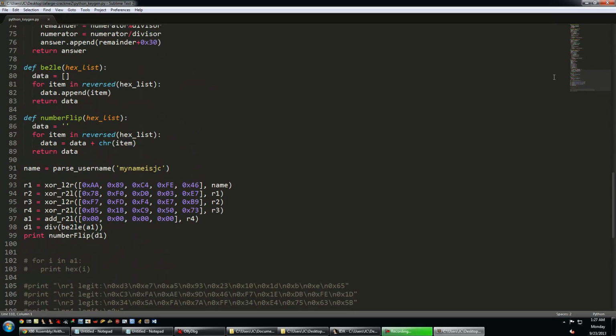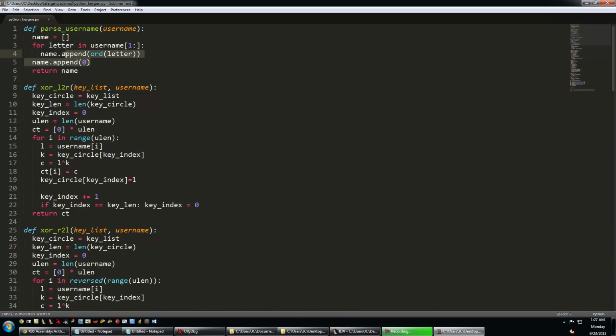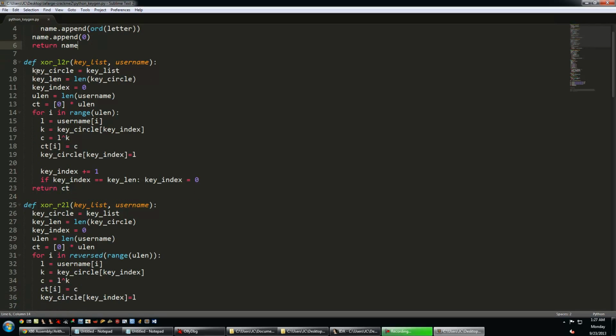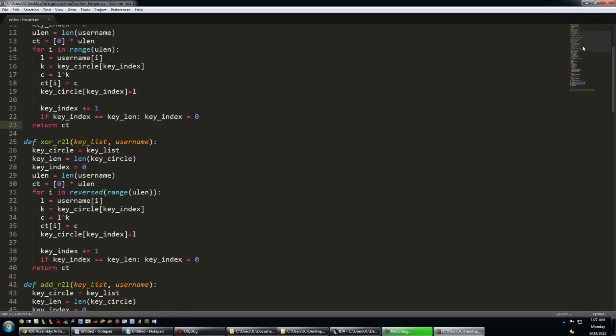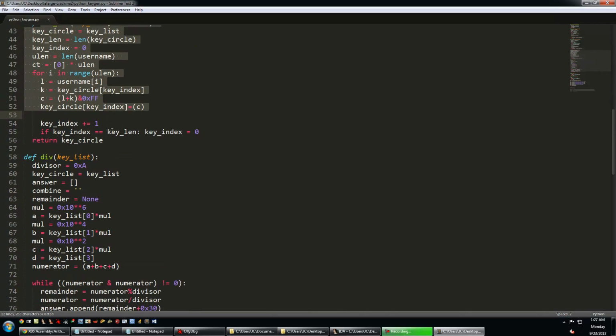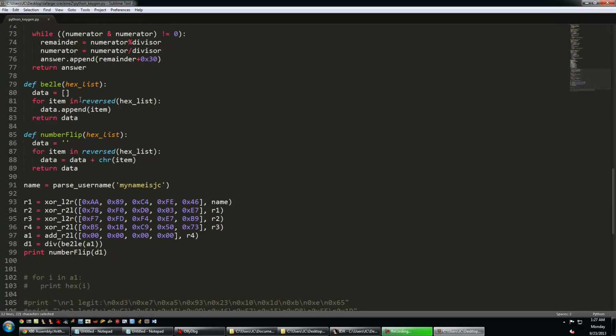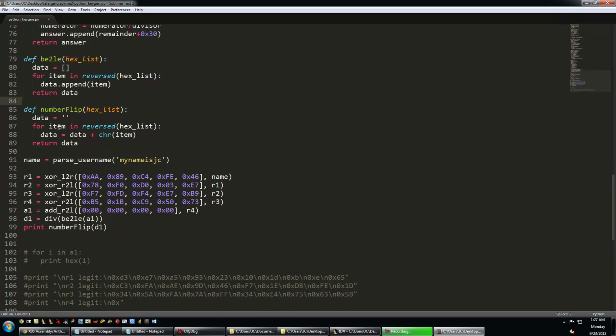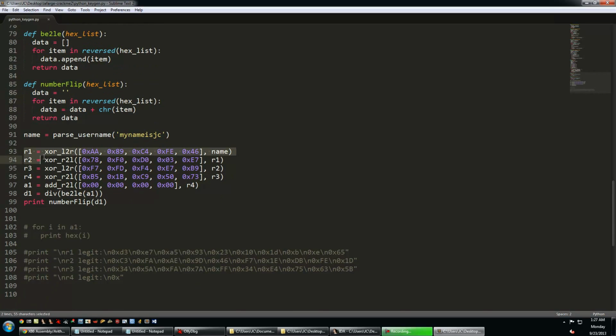Essentially right here, I've pretty much built functions for everything. So it'll parse the username. It'll do that weird off by one. I wrote 2 XOR functions that take the key list and the username, XOR left to right and then right to left, so I can call those twice. And then I have my add, where we did that add group, and the division. There is a piece in there where I do have to convert from big endian to little endian, so that's what this guy's for. Here's the number flipper. So after it gets the number, it just flips them. Here's all the calls to those